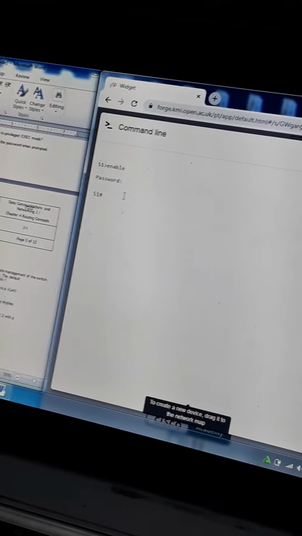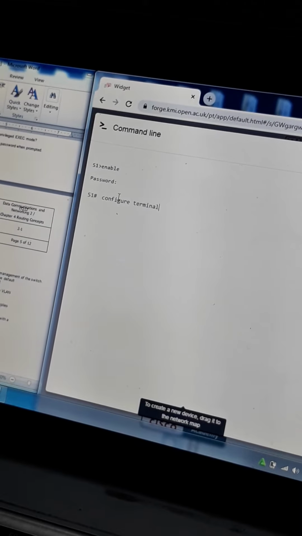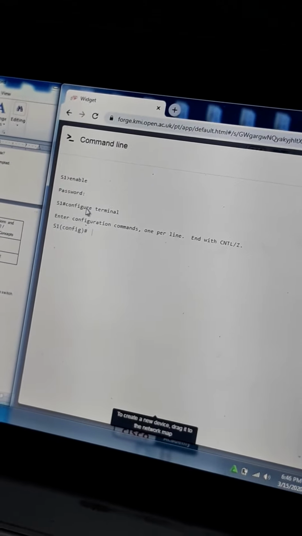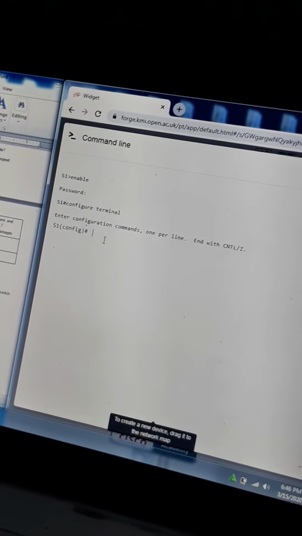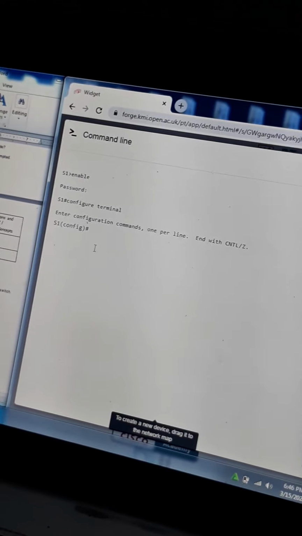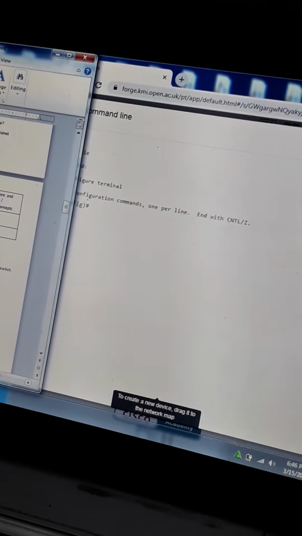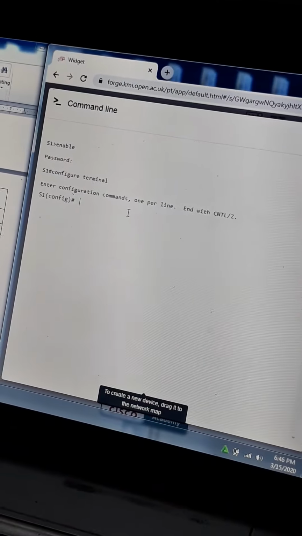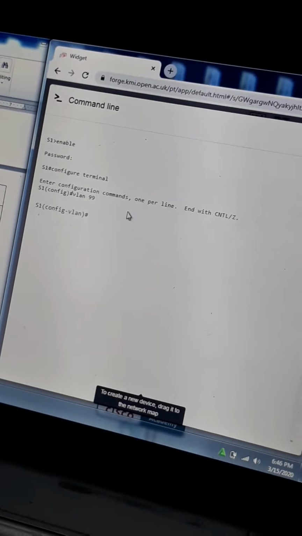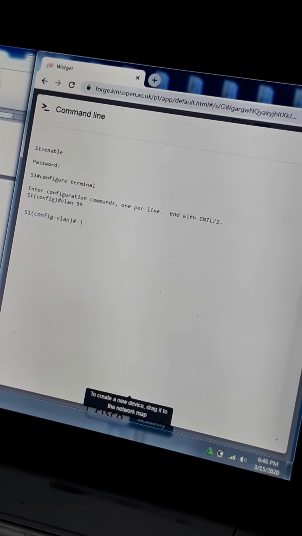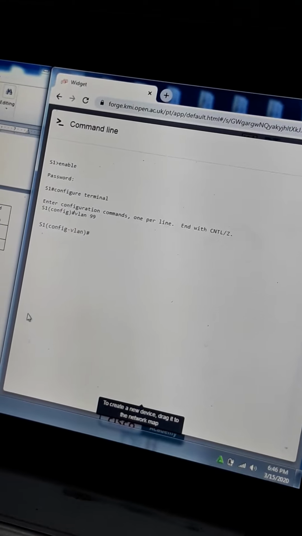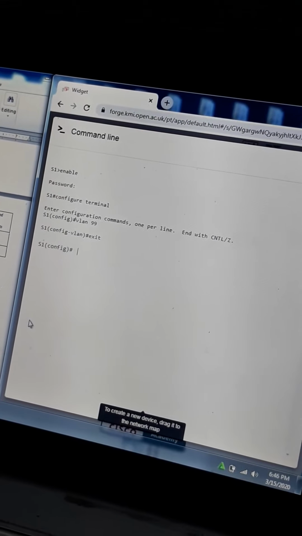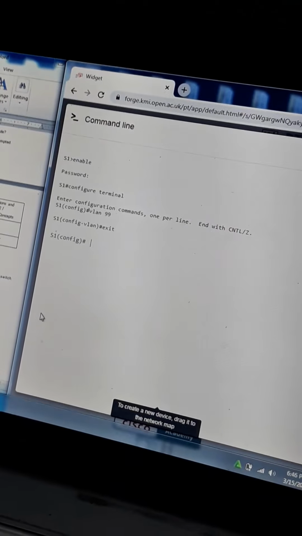So we have to type in S1 configure terminal. So enter configuration commands, one per line, end with Control Z. So we have to type in VLAN 99, config-vlan. We have to type in exit, then